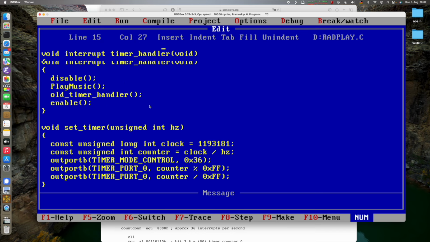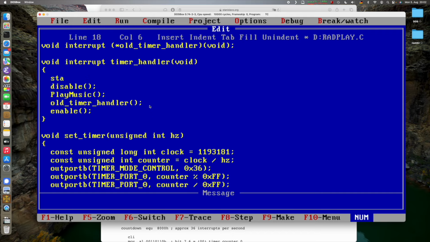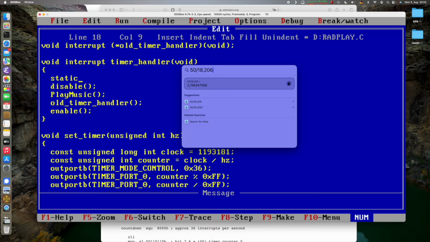Yeah, one thing is still missing. We are calling the old timer handler way too often, and that's a bit annoying. We need to call it only when, like, how much is that? We have 50 hertz and we want to achieve 18.206 hertz. I should write it like so, I think. Every 2.746 iterations, which we can't do, but we can do something similar, shifting around the error by taking a time variable,